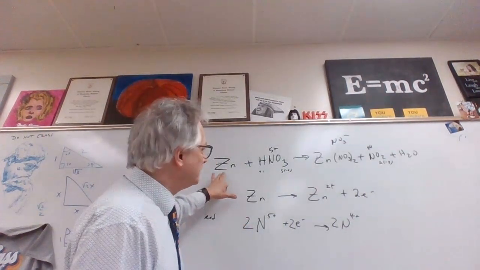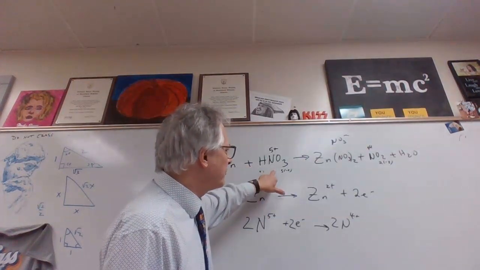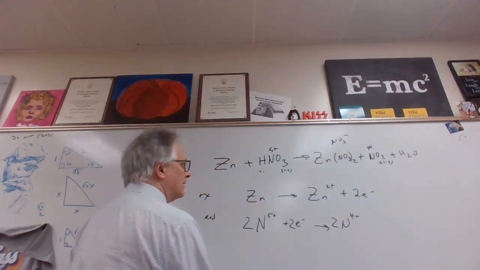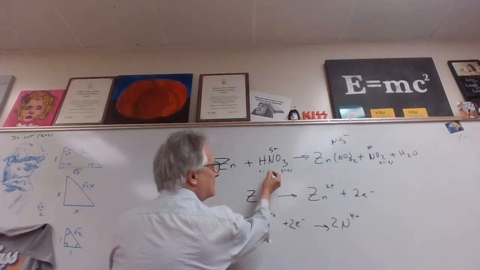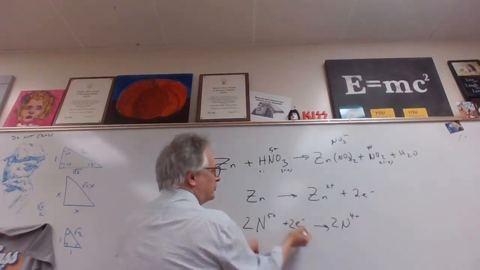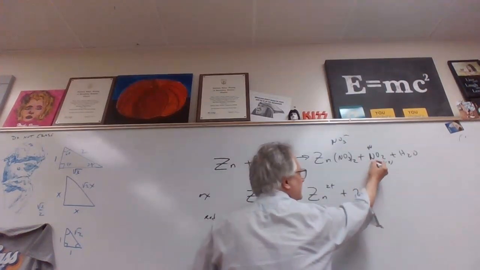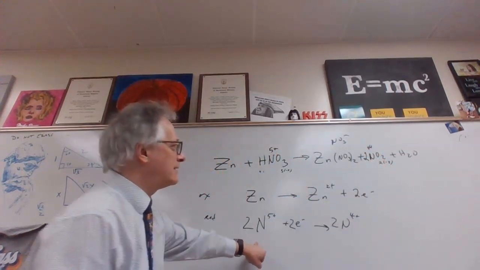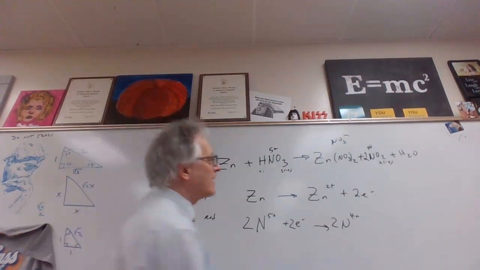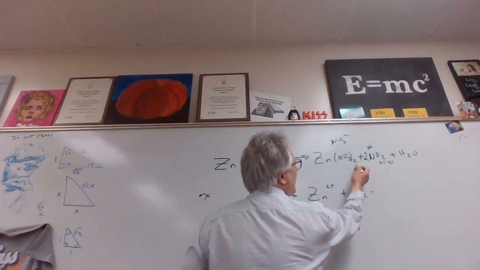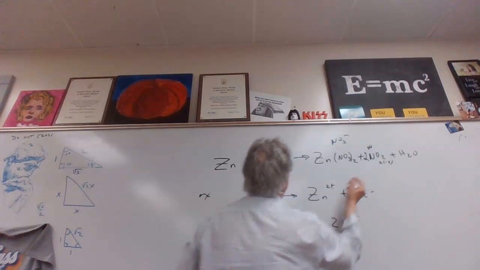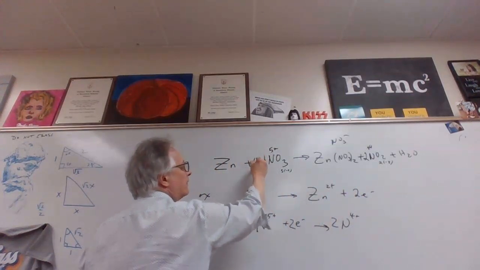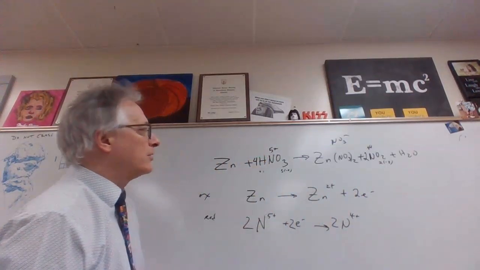See how that goes. Now this HNO3, well, only 2 of the nitrogens turned into this. So if I put a 2 there, that helps to balance that. But I've got 2 nitrogens, 4 nitrogens. So if I put a 4 here,